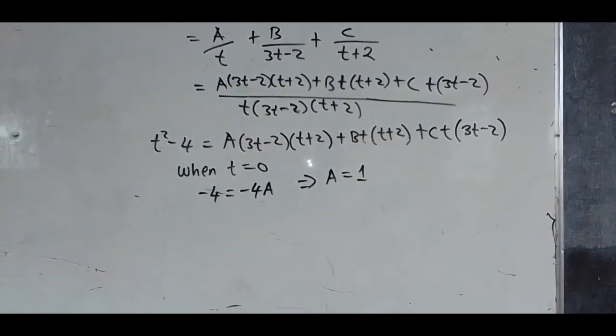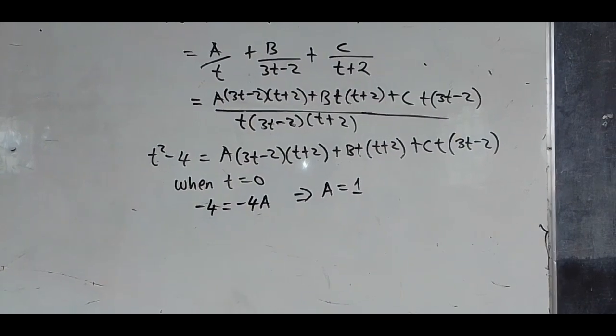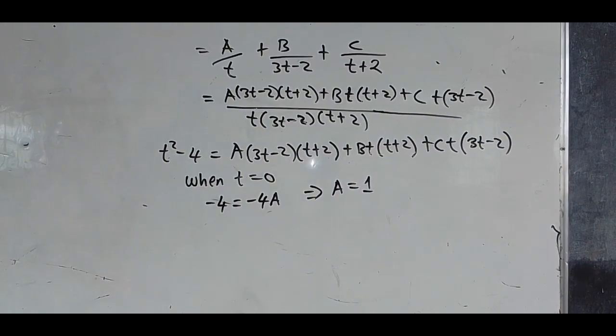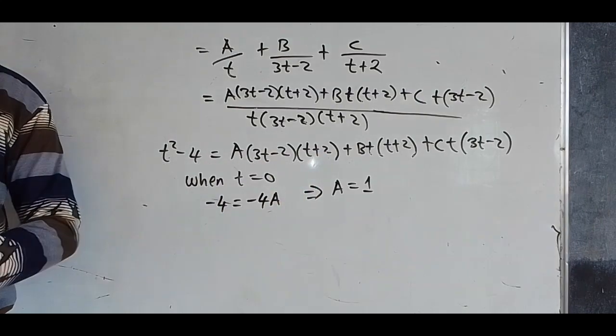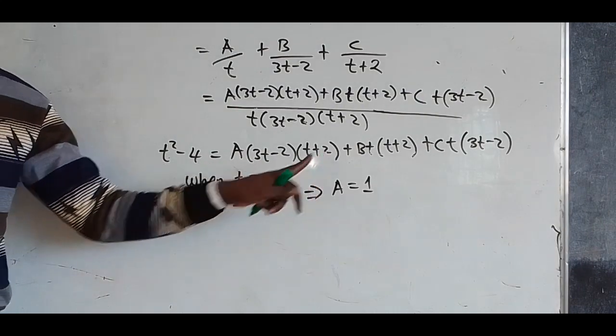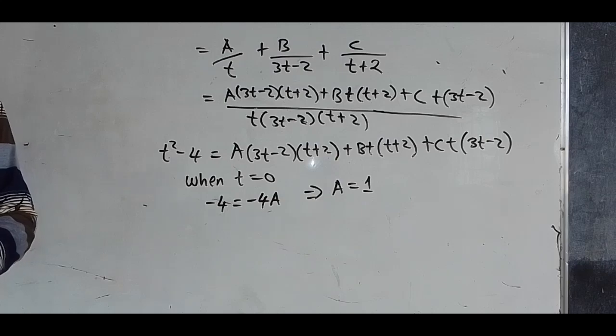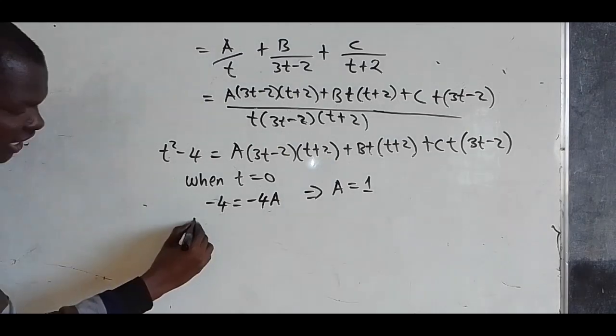If you let t be, look here, we have t plus 2. See, if you let t be negative 2, because negative 2 plus 2 will be 0, isn't it? So we now let t be negative 2. We let it take values which are easier to work with, isn't it? Because t is a variable, it can be any value, see there? Good. So when t is negative 2,